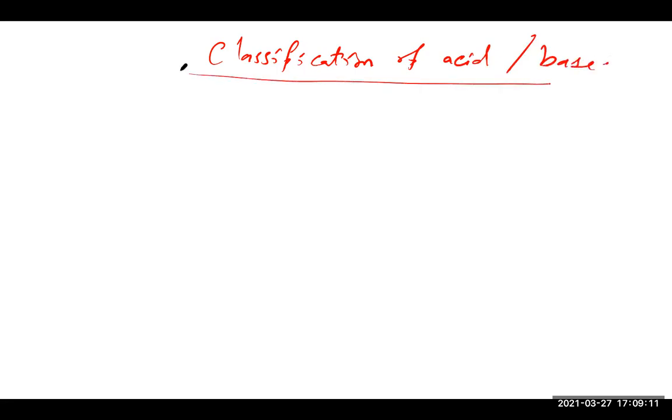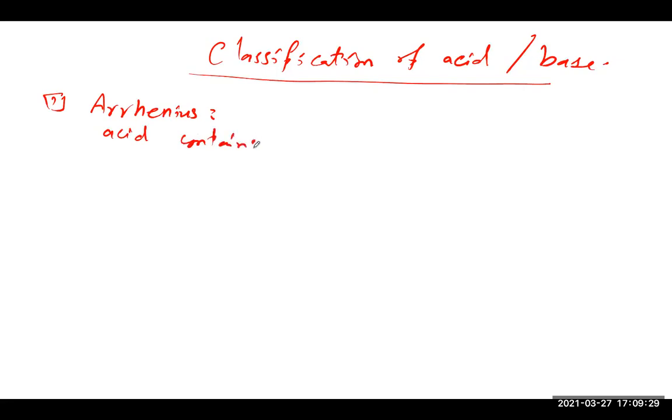Next, we need to know how to classify acid and base. The classification of acid and base will be according to three models. The first one is Arrhenius. Here he could ask you to classify, or he could ask about the definition. So according to Arrhenius, acid